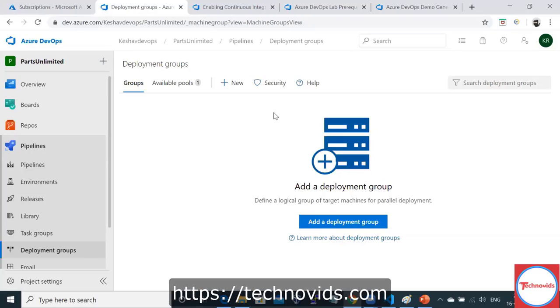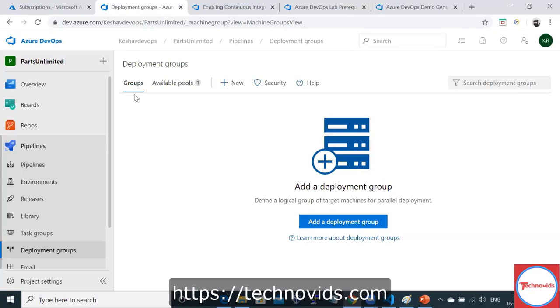So you will try to do that in phases. One run you will do for 10 servers, another run for another 10 servers. So in a batch of 10 servers you want to perform your task. To create that batch, we need deployment groups.